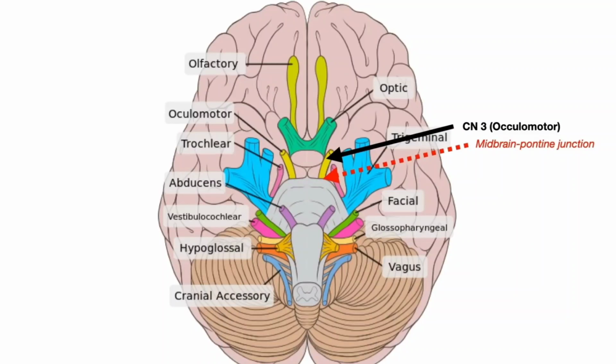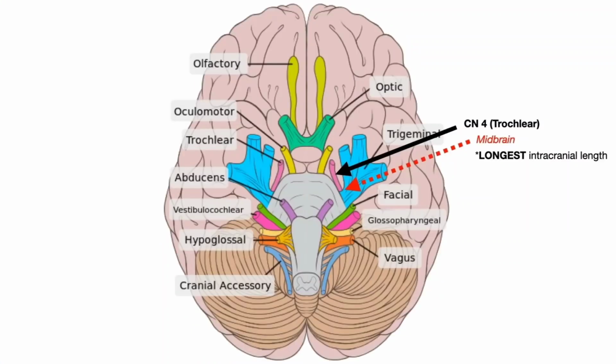The third cranial nerve, the oculomotor nerve, arises from the midbrain-pontine junction. This is a junction between the midbrain and the pons, and this is the place where the oculomotor nerve arises. It's a motor nerve and it has two functions: controlling the muscles of the eyes and also controlling the size of the pupil. The fourth cranial nerve is called the trochlear nerve. This black arrow indicates the trochlear nerve, and the red arrow shows its origin. It arises from the midbrain, and it is one of the longest intracranial nerves as far as length is concerned. As far as its function is concerned, it controls the superior oblique muscle of the eye, and the downward and outward movement of the eye is due to the trochlear nerve,